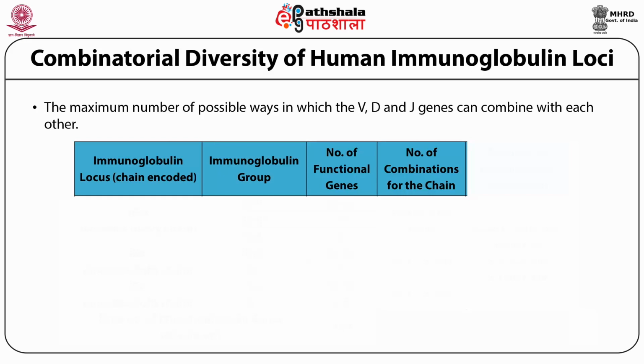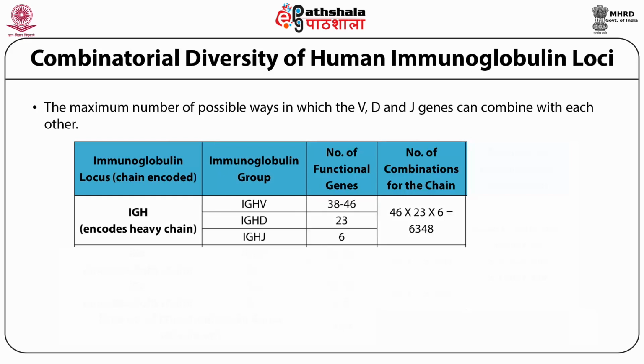The antigen binding region of the IgH locus is comprised of V, D, and J genes. Therefore, in order to calculate the maximum number of antigen specificities that this locus can generate, we multiply the maximum number of these genes at the IgH locus. And 46 multiplied by 23 multiplied by 3 gives us